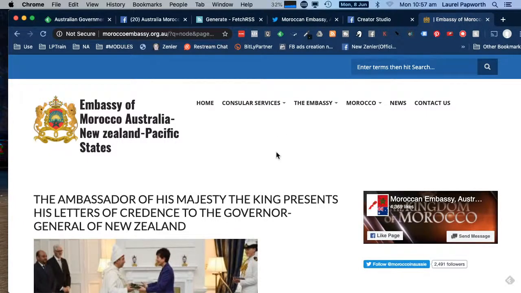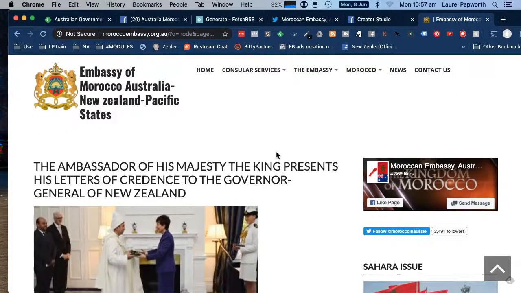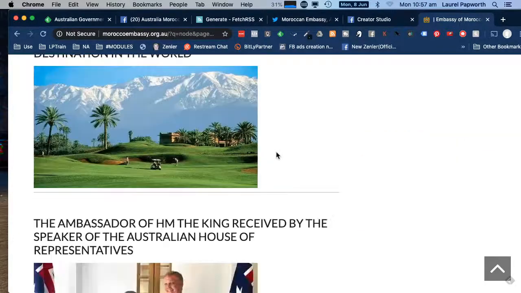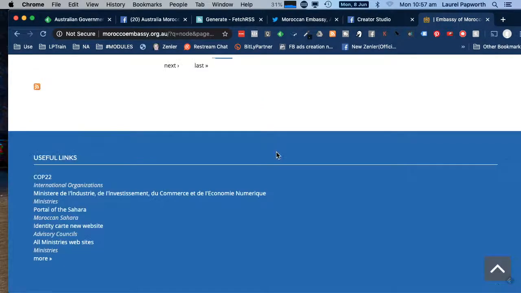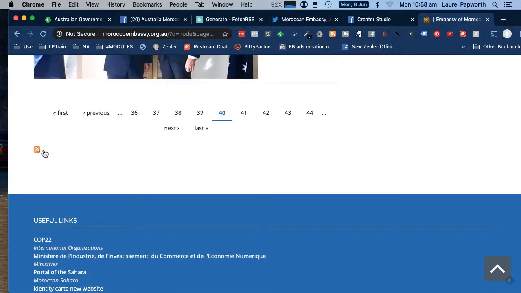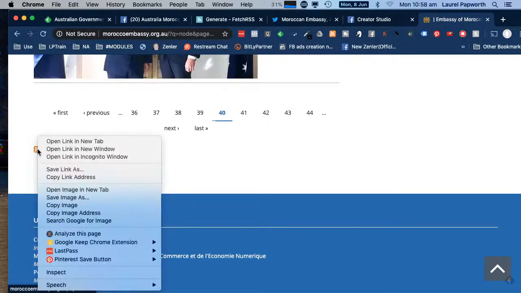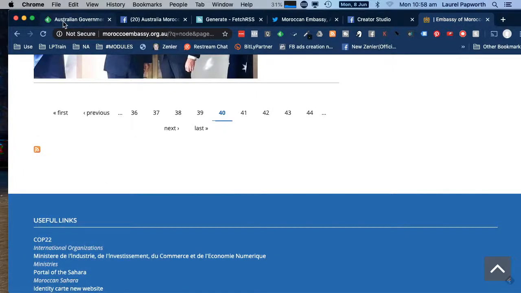So this is the Moroccan embassy in Australia. Again, they're not a client. I'm just picking them because I lived in Morocco for a couple of years. At the bottom of the page, can you see this? It's called an orange RSS icon, but it looks like a transmitter. If I right click on that and say copy link address, thanks Dean,